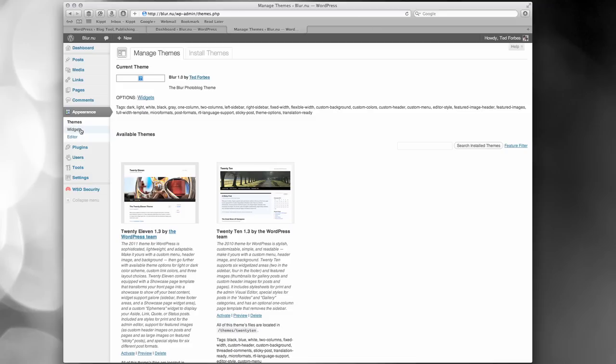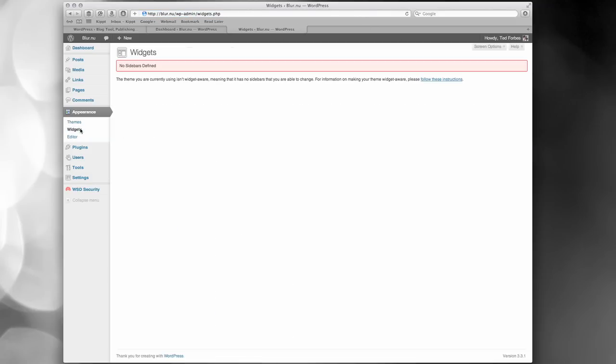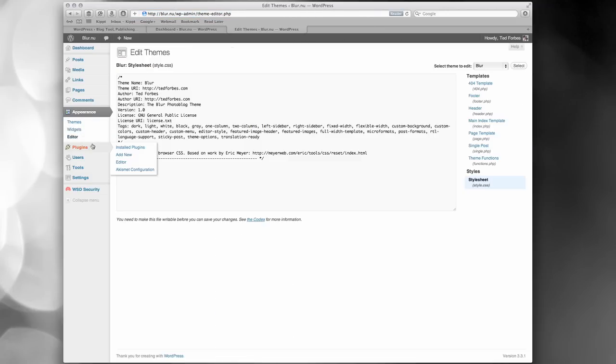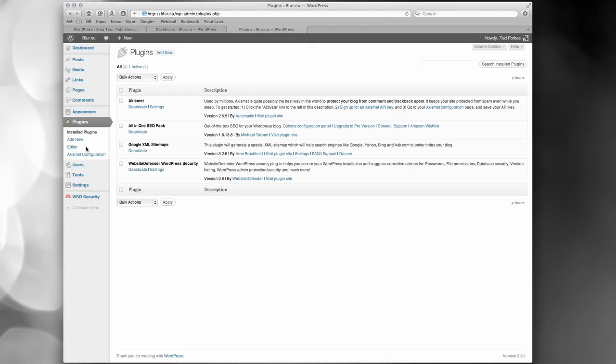Yeah, it's that easy. They also have widgets, if your theme supports them. I don't have any in this particular theme, and there's an editor in here too, so you can work on that. Plugins are another big part of WordPress, and I run some mainly for search engine optimization, security reasons, and one that catches spam, because there are robots out there that know how to use WordPress, and they're not actually people, and they will come spam your blog. So it's a good idea to at least get some plugins that will help combat that a little bit.